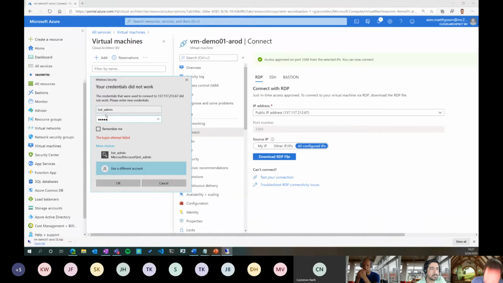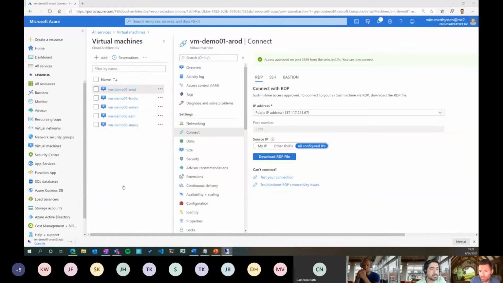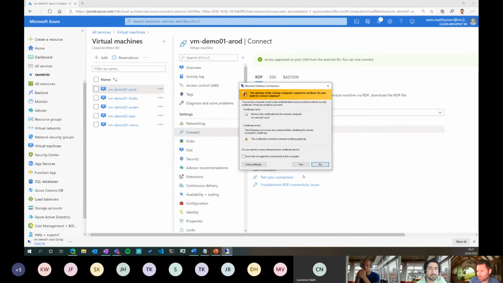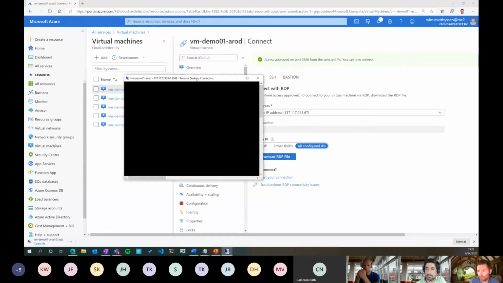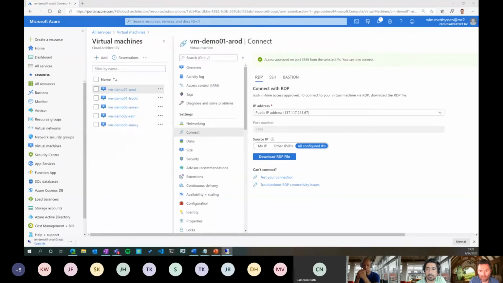So 19. And now it's connecting. And it's connected. So you can see now I'm connected through JIT. And if you look at the security center again,